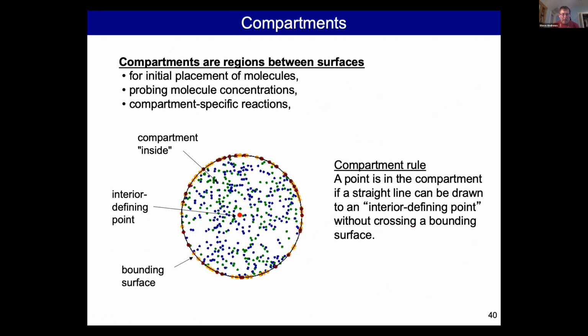Compartments, basically you can define compartments in essentially the obvious way. A compartment is a region inside a surface or outside a surface, but a region bounded by surfaces. And you always have an interior defining point. Say, this point is inside the compartment. So any point in here that's inside the surface and closest point is interior by definition. If you're over here, you're cross surface from that point, therefore you're external. So, as expected.